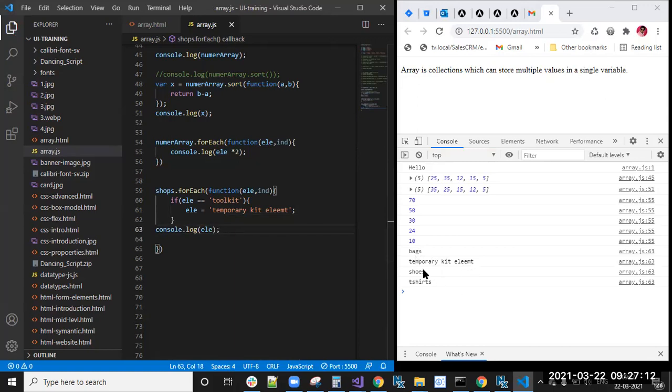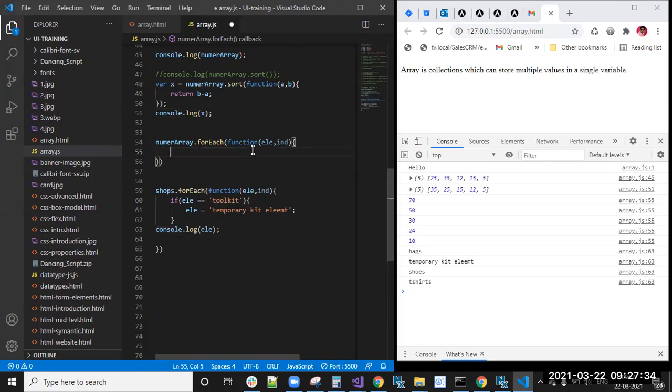So bags, temporary kit, shoes, t-shirts. This is the forEach loop. Each and every element it will loop, and we can write the conditions here and we can change the elements of the array. Okay, here also we can use the forEach function.